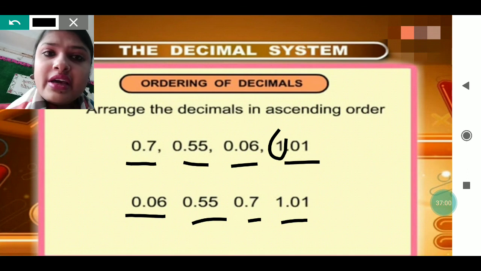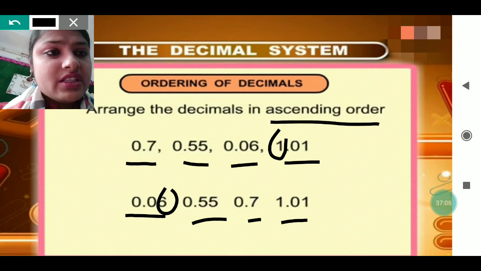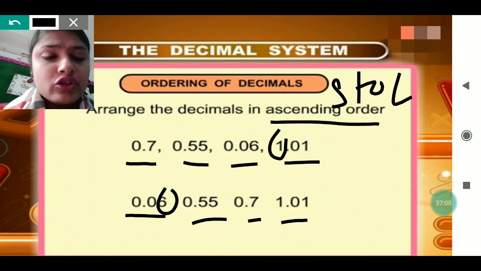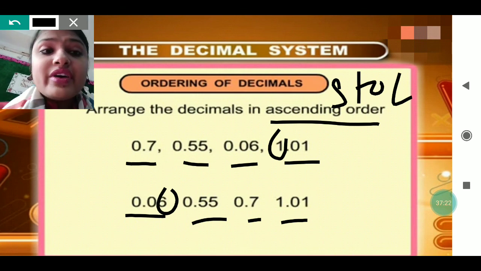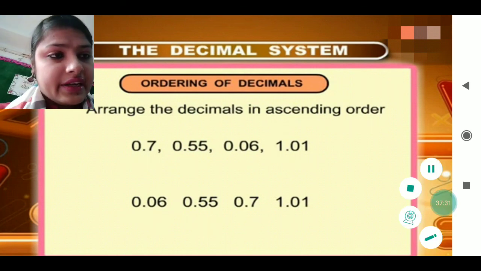Okay, like this we have written. This one I have written first, then this, and this. Arrange the numbers in ascending order. I have arranged ascending, meaning smaller to larger. So this one is the smallest, 0.06, because 6 is present at the 100th place. 0.55, because 5 is present at the 100th place, is next. In the same way 7, and in the same way last. In the same way I have arranged in ascending.